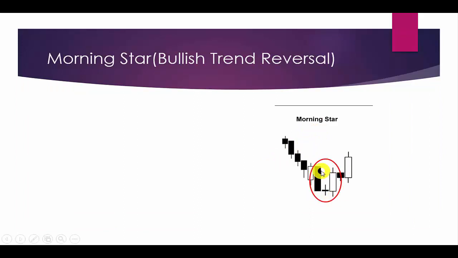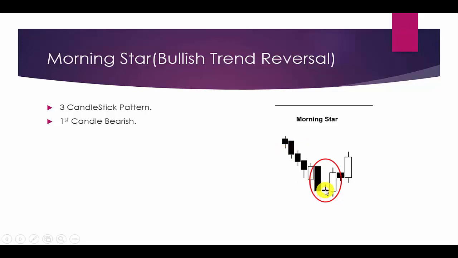As we are in series of 3 candlestick patterns, it is composed of 3 candles. Always remember, we will find such type of candlestick pattern after the strong downtrend, after strong bearish trend. Now we will see its conditions. First of all, it is a 3 candlestick pattern, formed by 3 candlesticks. Then, as I have already told you, we will find such type of candlestick pattern after a strong downtrend. So the first candle should be bearish. This candle is bearish within downtrend.